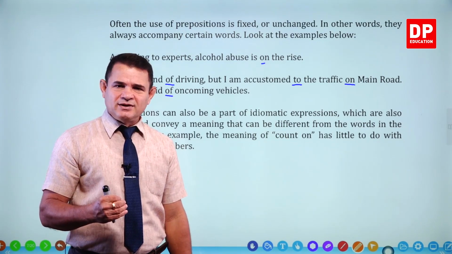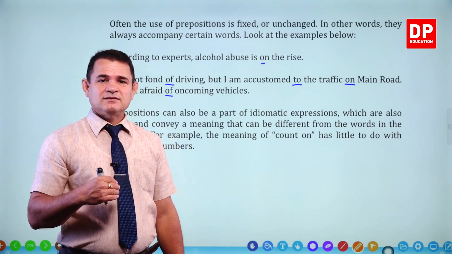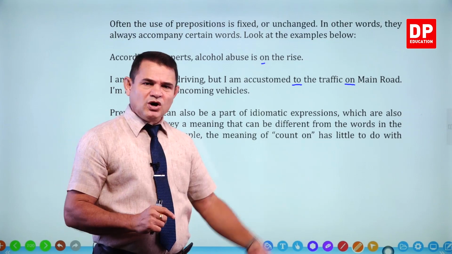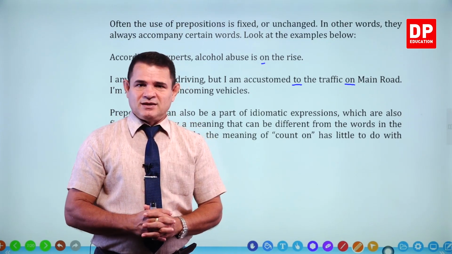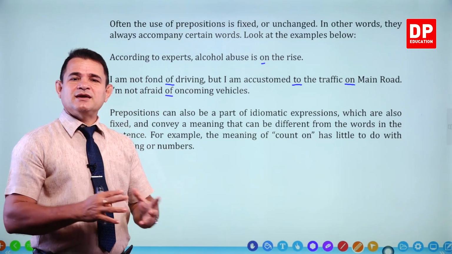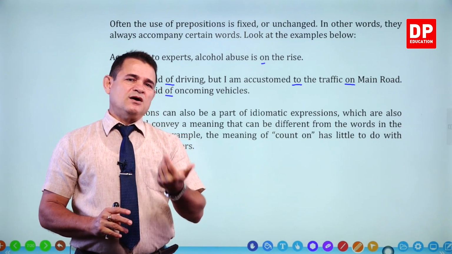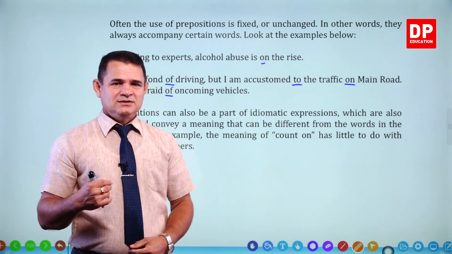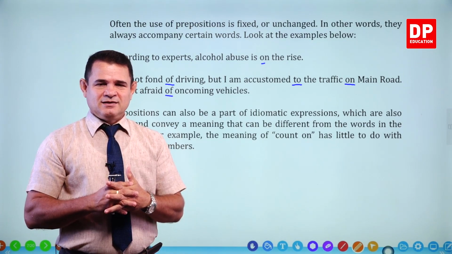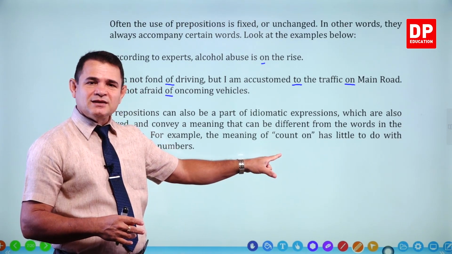Count means ගණන් කරනවානේ. 1 2 3 4 like that you count. We learned the word count කියන එක ගණන් කරනවා කියලා අපි දන්නේ. But when you say count on, it gives a different meaning. There's nothing to do with counting. ගණන් කරනවා කියන්නේ කිසිම සම්බන්ධයක් නැහැ. Count on කියන්නේ, now you will count on me means මාව ගණන් ගන්න, මාව විශ්වාස කරයි, පිළිගනී. මා ගැන බලාපොරොත්තු තියෙයි. අන්න ඒ වගේ අදහස් තියෙනවා. ඒතකොට ගණන් කරනවා කියන එක නෙමෙයි එතන ඉන්නේ.